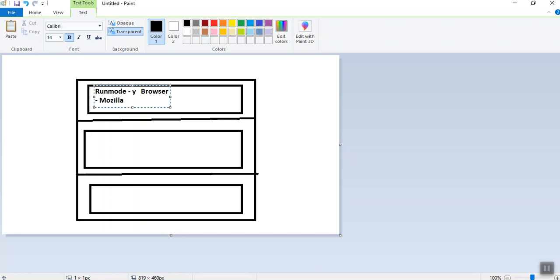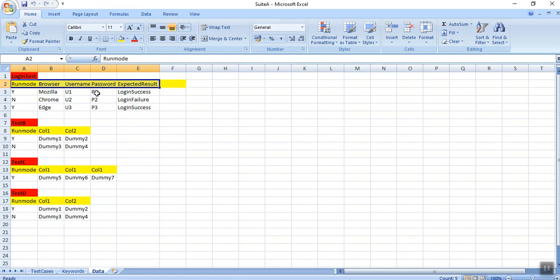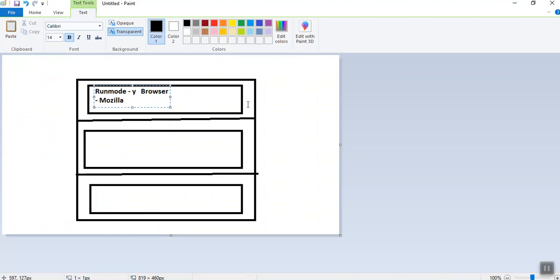Second, username U1, password P1, and login success. Username U1, password P1, and expected result will come here.